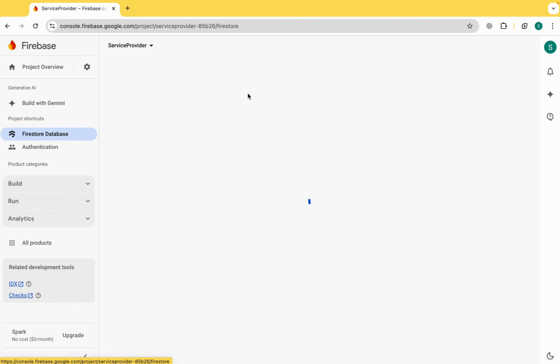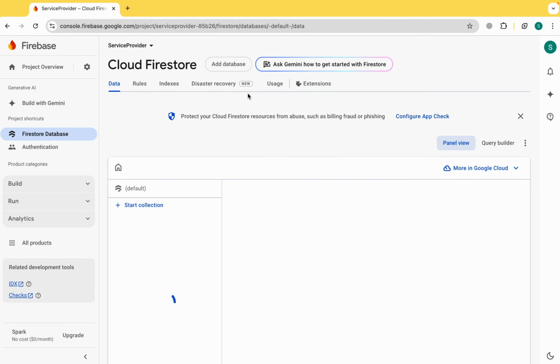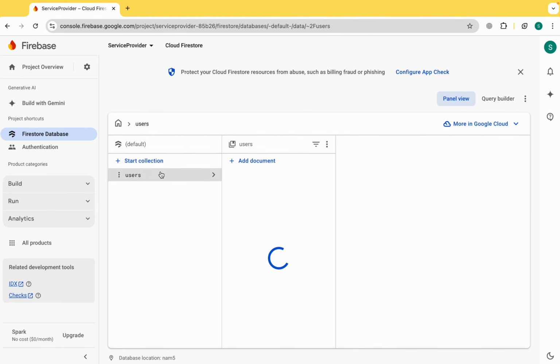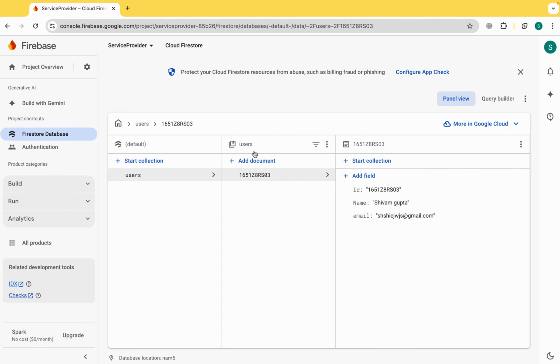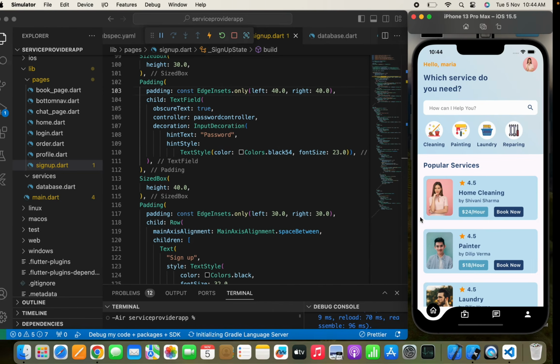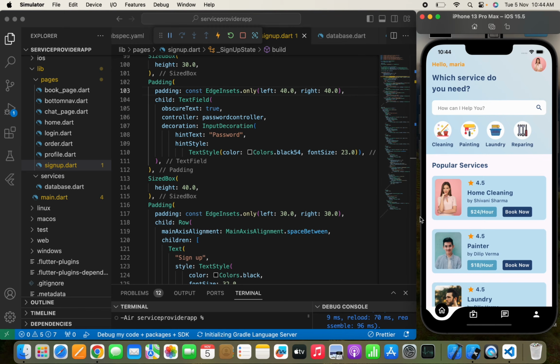Now let's move to the Firebase database, and let me show you the collection. So here you can see the users collection. This is the specific doc ID, and the name that I have passed. You can see the name field and the email that we have used. So our sign up page is working brilliantly, and we can successfully sign up in the app by just a simple